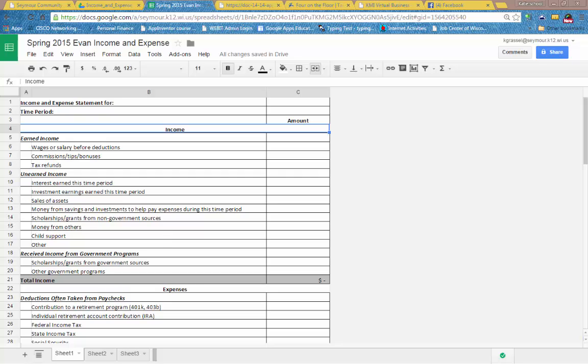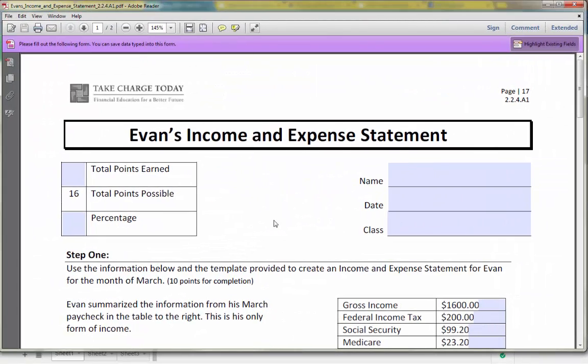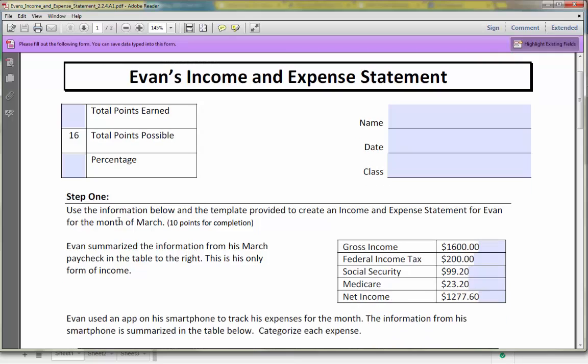And then I'm also going to be giving you some directions. So this is not going to need to be turned in to me quite yet. So the information below is provided to create a template for an income and expense statement for Evan. Okay, Evan summarizes the information from his March paycheck to the table to the right, and this is his only